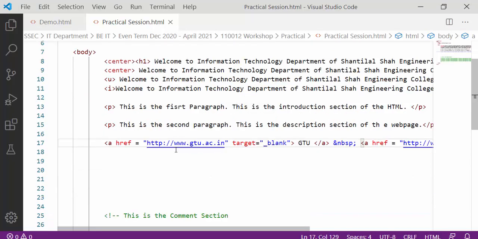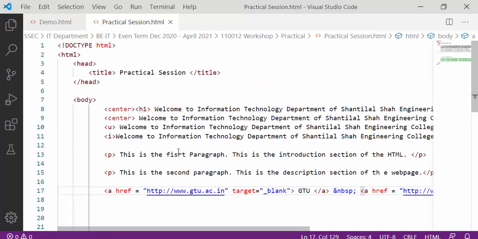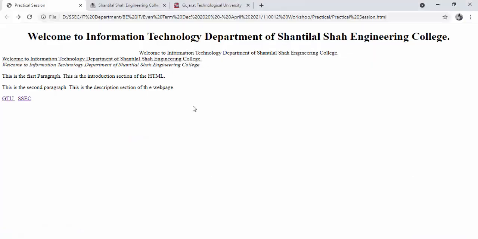With this kind of property you can use so many tags of HTML. In this session we have discussed some basic commands of HTML tags, and we have talked about some basic fundamental display in this session of HTML for the subject workshop. Please see this entire video completely, and then you can practice yourself with this kind of tag with different data, and try to run your code in the web browser and see the effect.